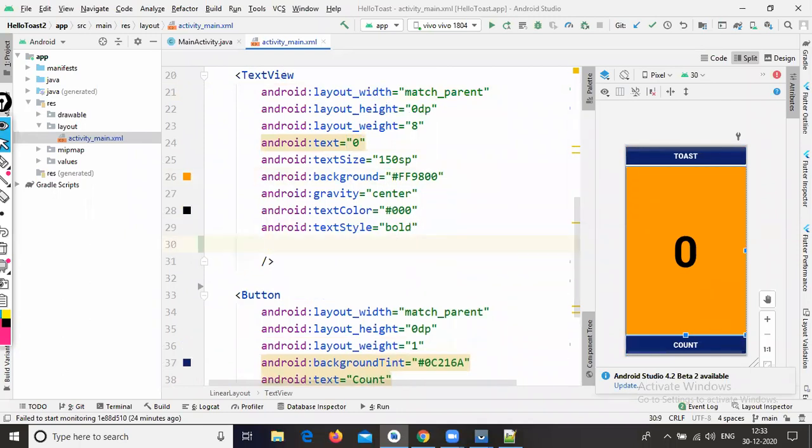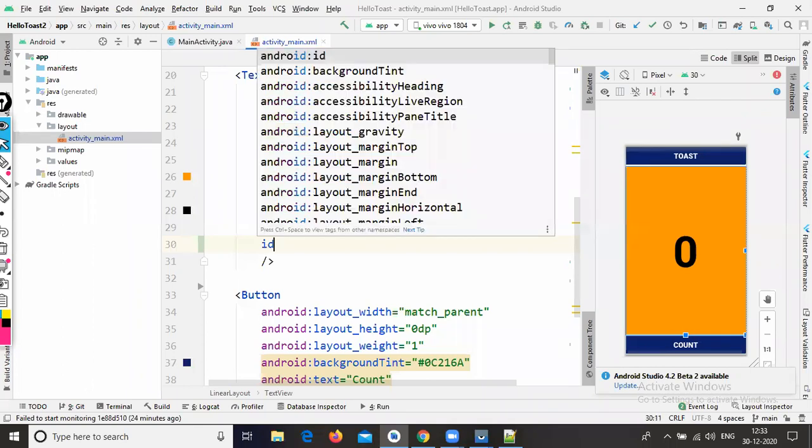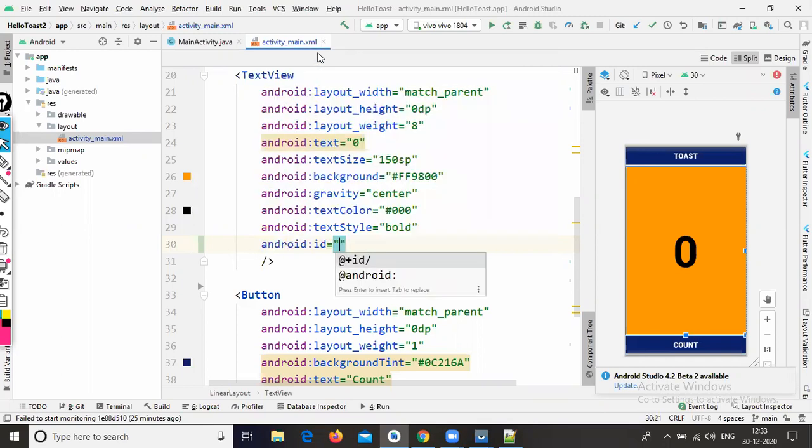Just type ID, no need to write the complete Android colon ID. In suggestions, the Android colon ID property is available. Just select this Android colon ID property and click enter.